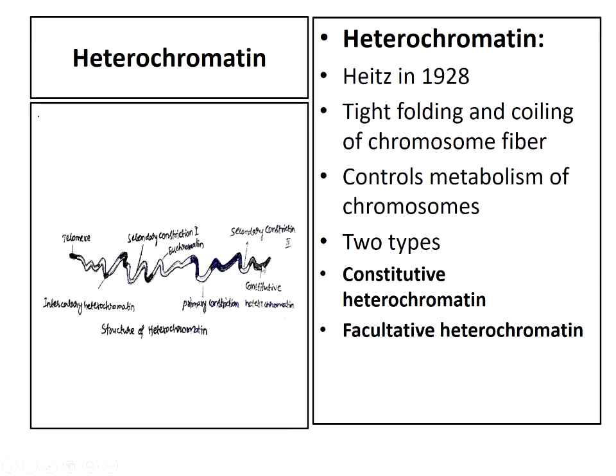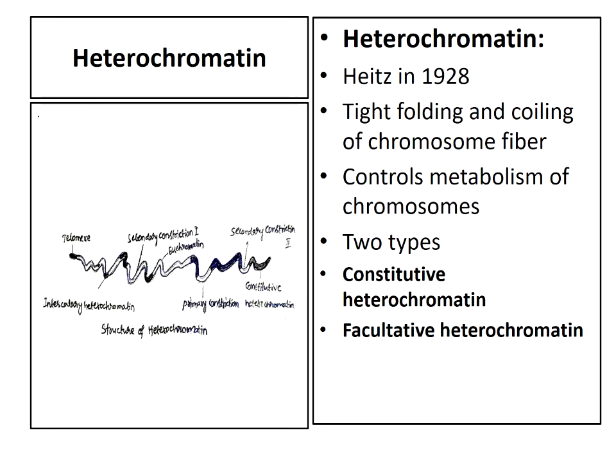This is the permanently condensed heterochromatin, and it is generally found in blocks, usually around areas such as the centromeres and secondary constriction. In the diagram you can observe the secondary constriction, and next to the region of the secondary constriction we observe the constitutive heterochromatin, and it tends to have a common position on homologous chromosomes.